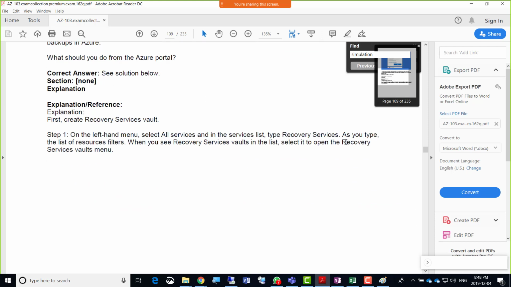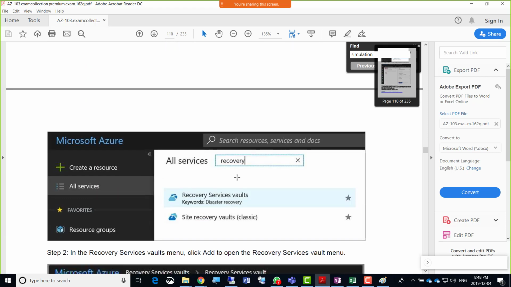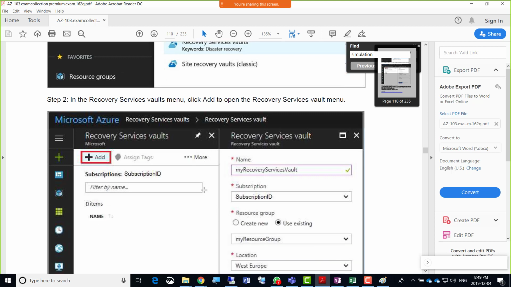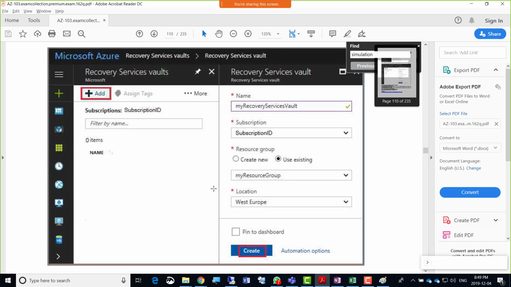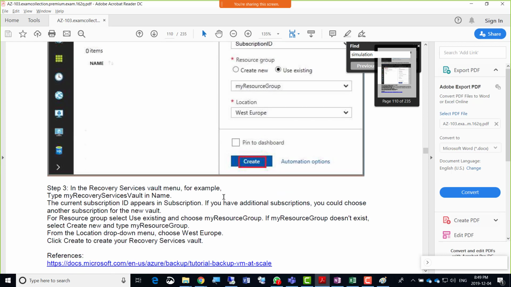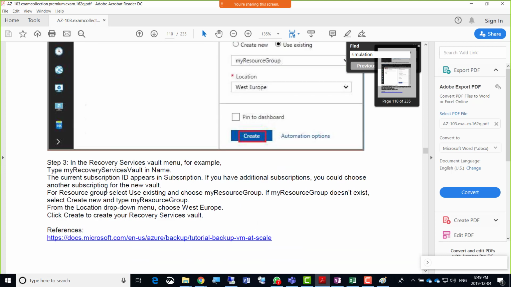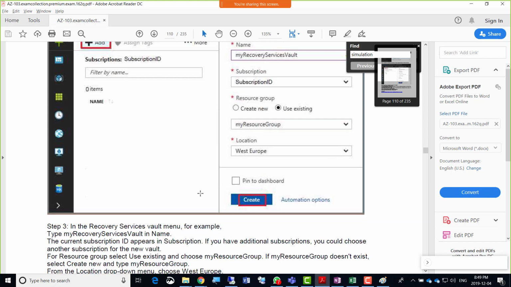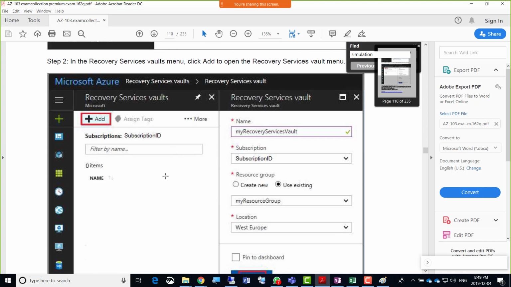You need to go to Recovery Services Vault. As you type, when you go to recovery services, you will see the list with the recovery services vault. And guys, I sent that lab to you at that time. That was a full lab where we created a local Hyper-V machine, and then we configured the whole recovery services vault there. But it shows here these screenshots. Actually, I should not even be seeing this. So in recovery services vault, for example, the subscription ID appears in subscription. Choose that, for the vault resource. Okay, so it is just saying to create an infrastructure for local and public virtual machines.